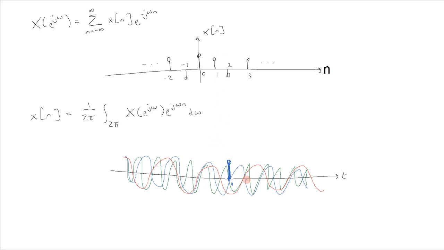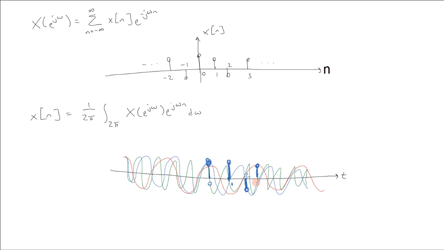And likewise, all the contributions at location 2, at time 2, are going to add up to exactly what we had for our time domain signal at that location. And so on. All of these contributions, these infinite contributions of the sine waves, are going to add up and create our original time domain signal